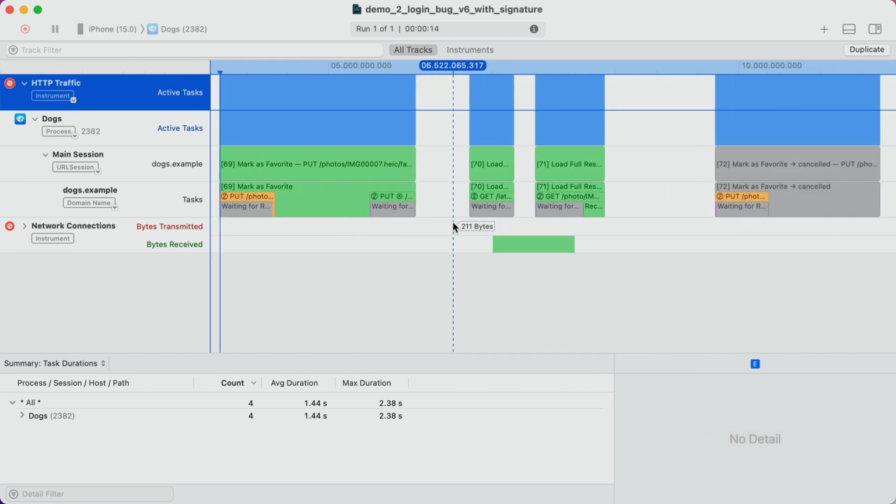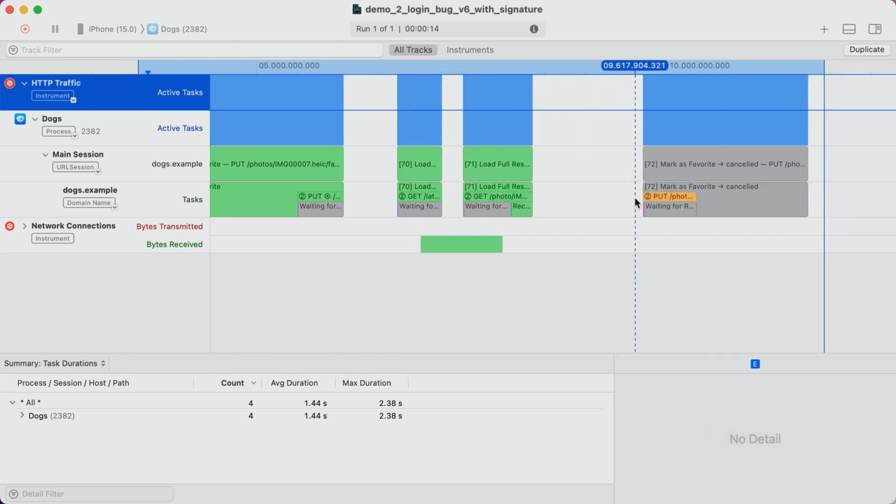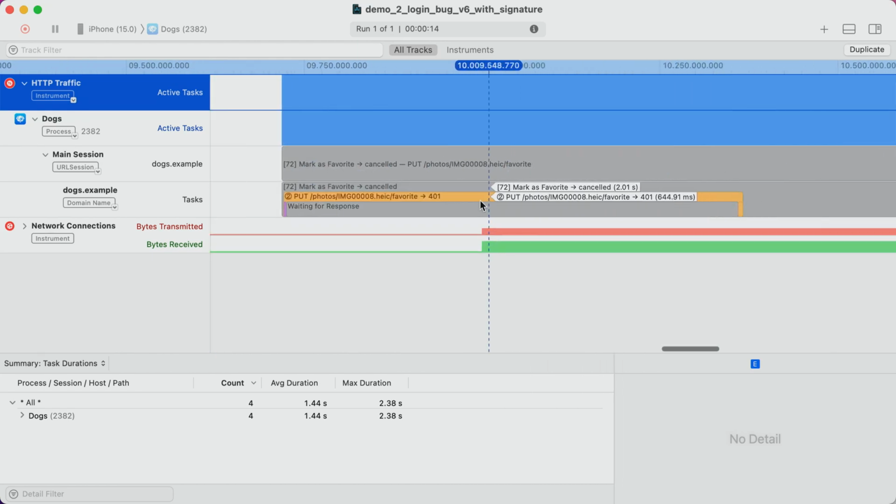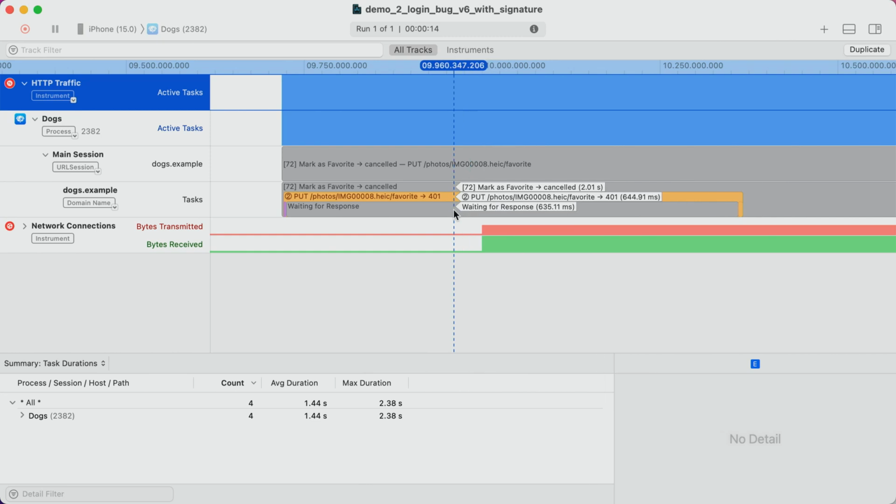Zooming out, we find the second attempt at favoriting an image on the right. The task object is displayed in gray, as my dismissing of the login screen caused the task to be canceled, which is also visible in its label. The transaction interval is displayed in orange, as we got a 401 response from the server again. This task occurred after I attempted to like another dog picture and was prompted with the login for a second